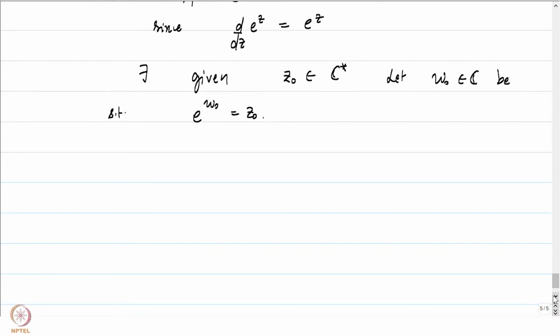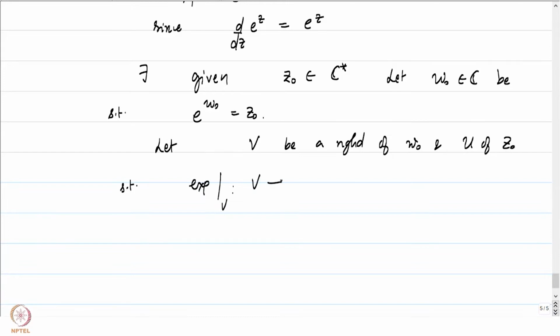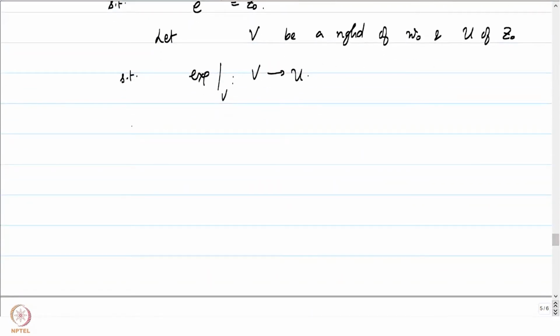And by the inverse function theorem, we can get hold of U and V, V a neighborhood of w0 and U of z0, such that e restricted to V is going to be a biholomorphism. It's going to be a holomorphic map with a holomorphic inverse. The key observation here would be to show, and this is an exercise which I'll leave to you,